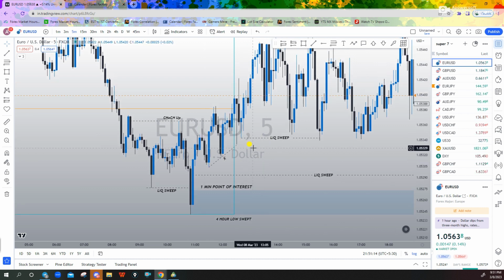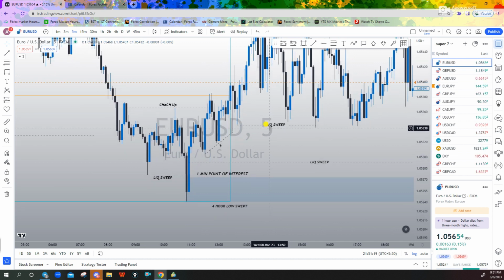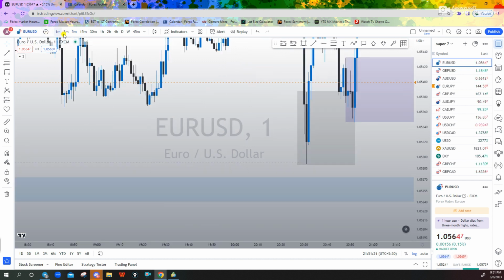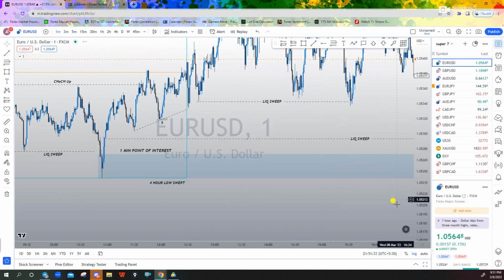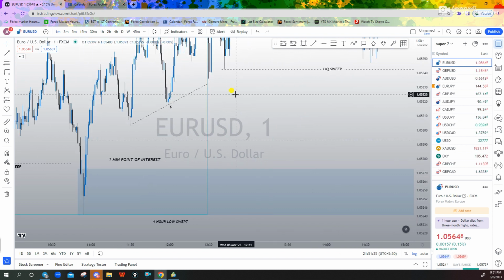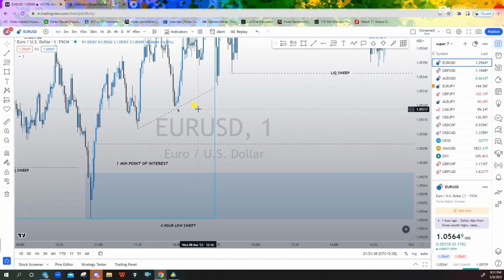Now on a bullish trend, once the Asian market has been done, what I was looking for was where is a fair value gap and where the market tends to come in. There comes the Euro USD. Here is the liquidity which has been created, right? Now I switch it to 1 minute for looking out for the point of interest. There is a liquidity over here. So once the market has been done, it takes out the liquidity and there is a fair value gap. So I have marked this 1 minute order block, right? So I was expecting the market to come over here and play for a bit and the market is going